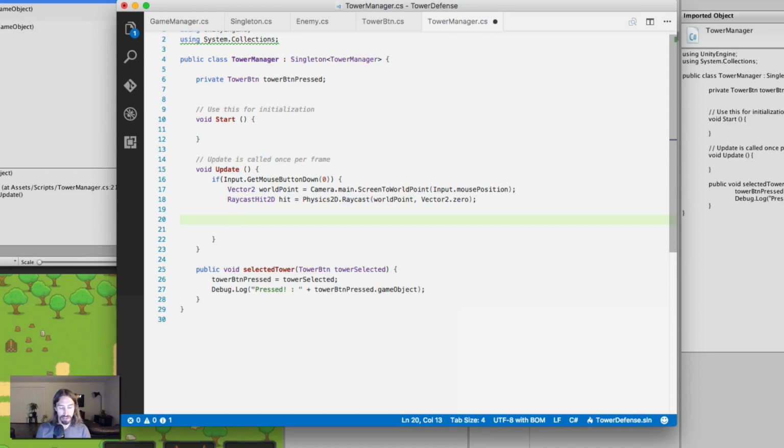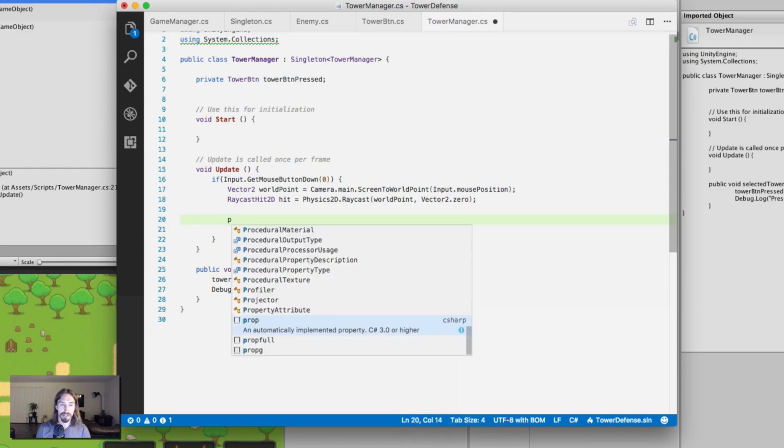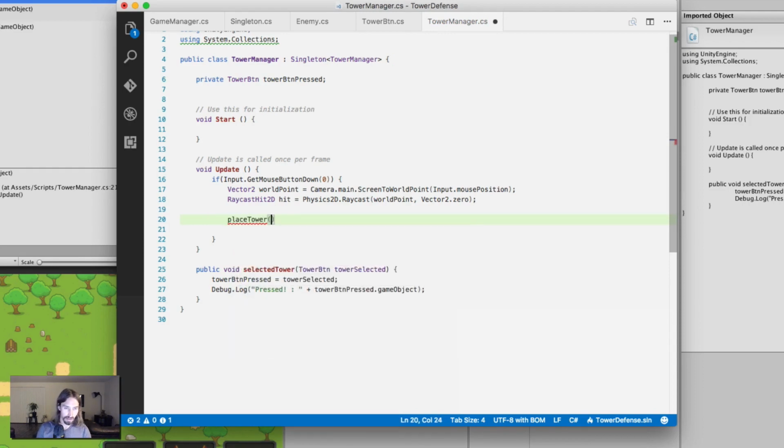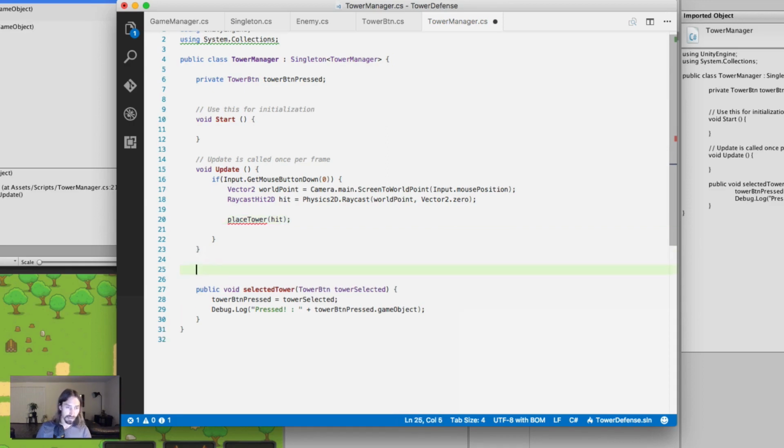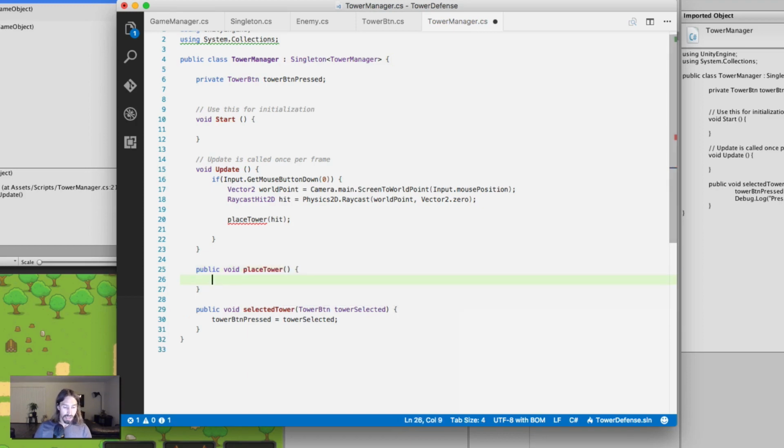All right, so now what we want to do is, let's write a function called place tower and pass hit to it. And we could actually place a tower wherever we click right now. So why don't we do that? I'm going to go ahead and delete this debug so we don't forget we don't need it there. So let's do a public void, and we'll call this place tower because we already wrote it above. All right. And so in our place tower function,